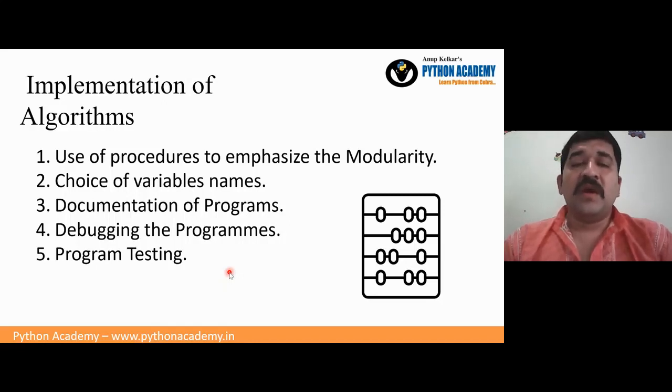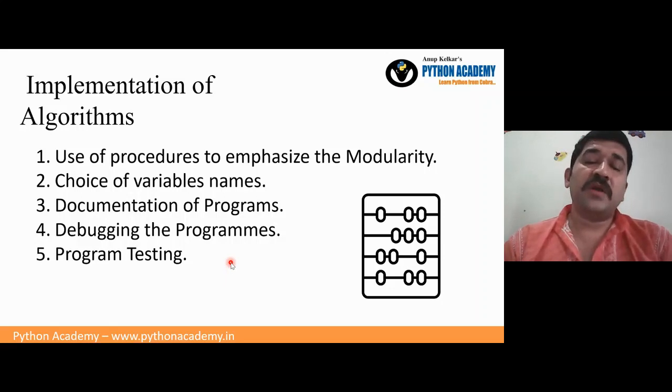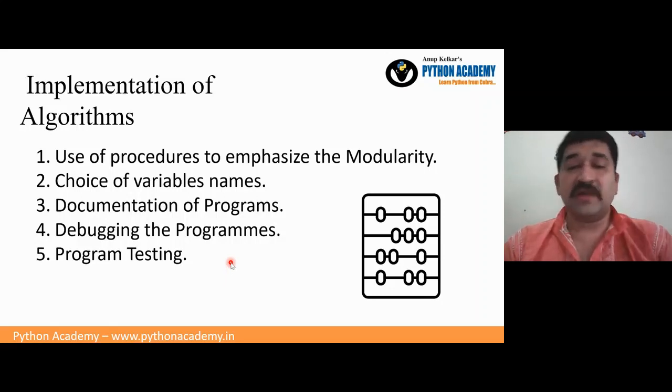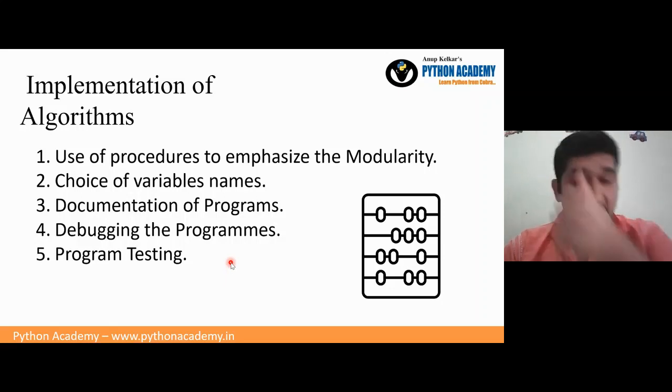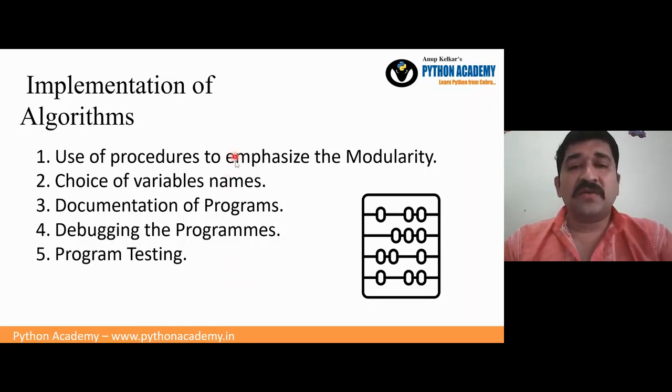It may give an error saying you have not given the correct input, or it may run properly, but it should not crash. So the program should run for all kinds of inputs. That is again one of the things you should remember to work on. So all these aspects you should remember from the implementation point of view.